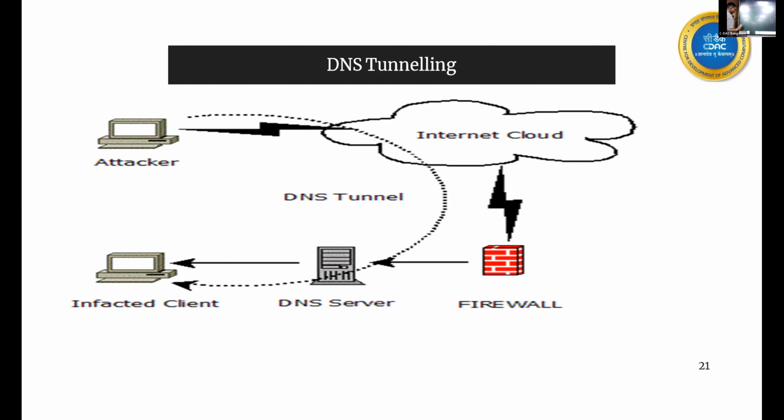It will say that I want to connect to abc.com. So what is happening? It will go to this firewall. The firewall will say that DNS queries are allowed. People can do DNS queries. So it will be allowed here. Then that particular malware will be able to send a DNS query to abc.com. That's perfectly alright, right?